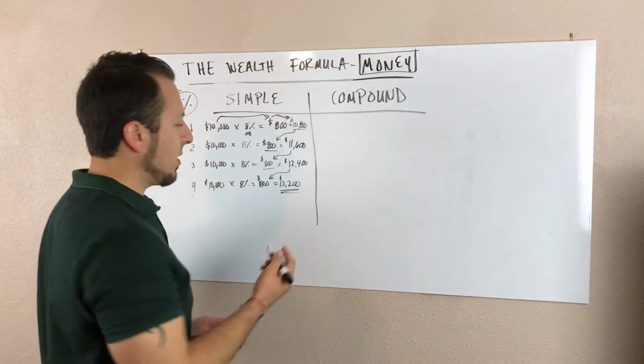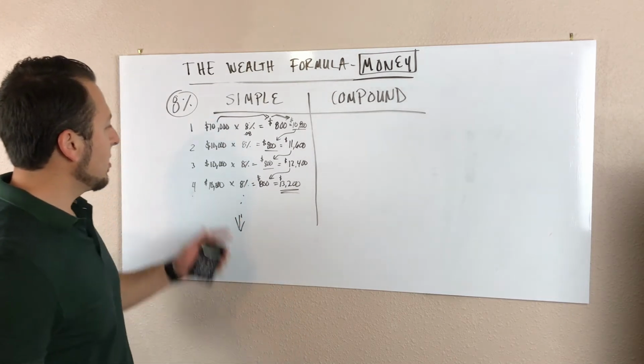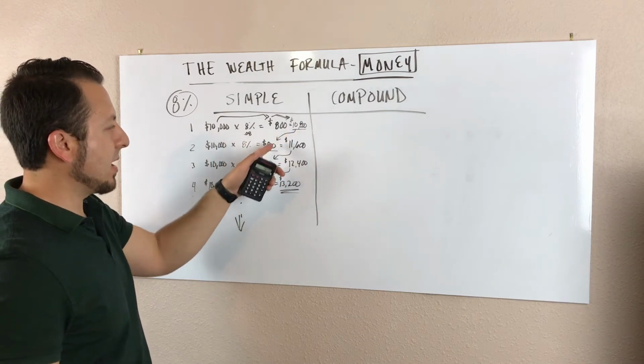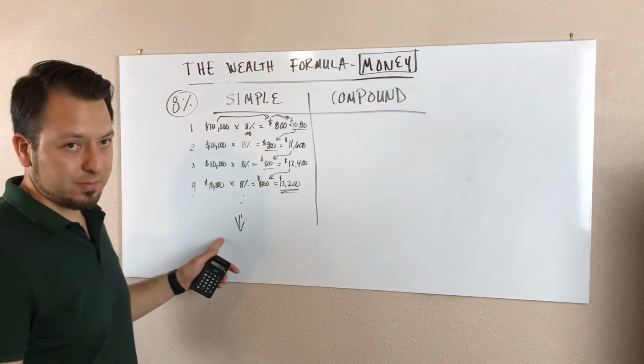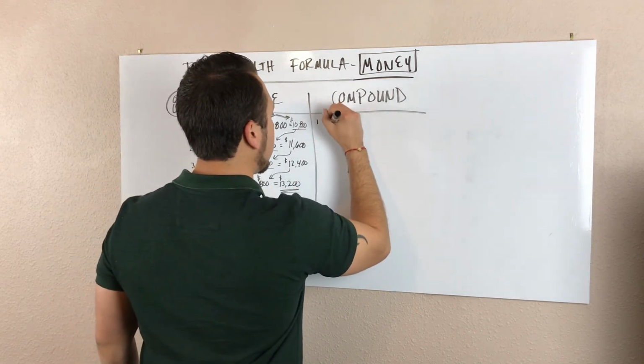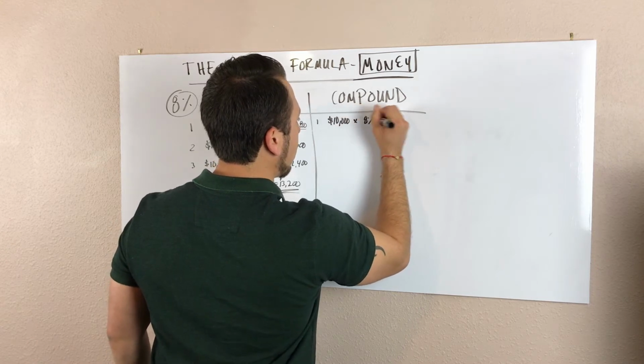Yep, okay, so I got it right. So on and so forth. So with simple interest, you only get that initial investment times your return on investment, and you just keep adding each year. However, if you have compound interest, year one, you do the same $10,000 investment at 8% return on